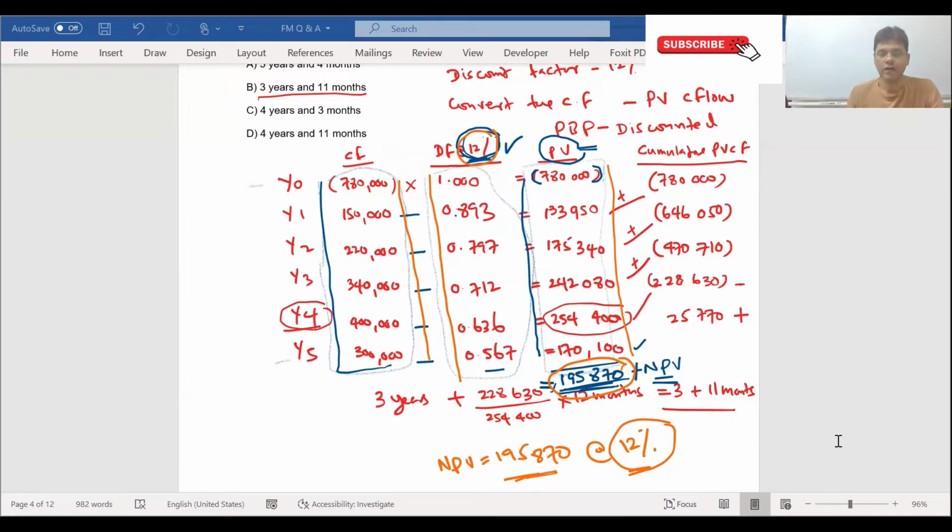Since our discounting factor is 12%, I would rather take a discounting factor of either 20 or 22%. Okay, so in this question, what I would like to take is 22%. So let's take a 22% discounting factor to